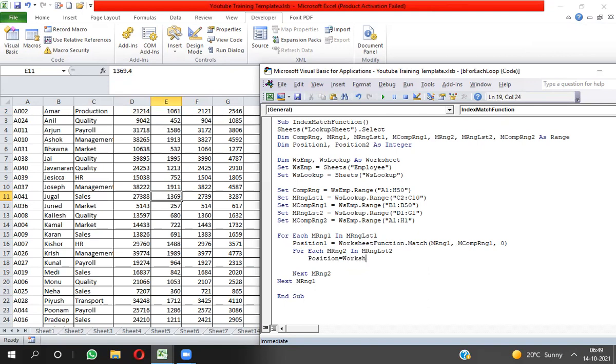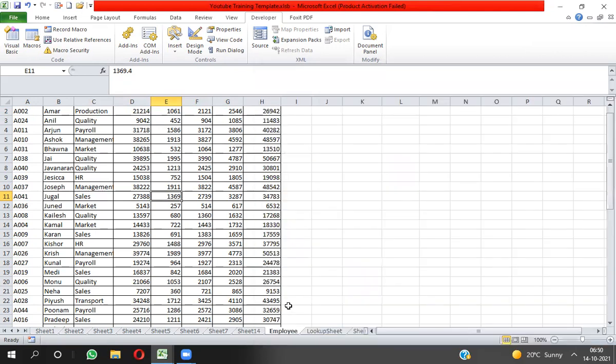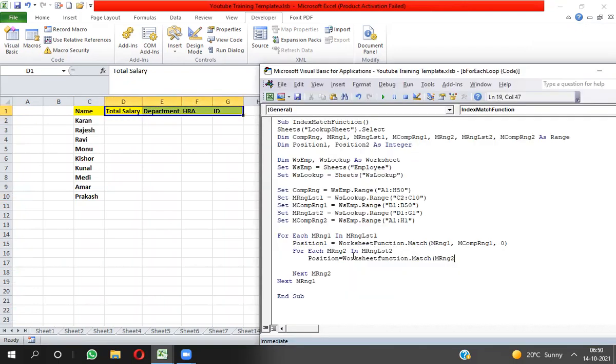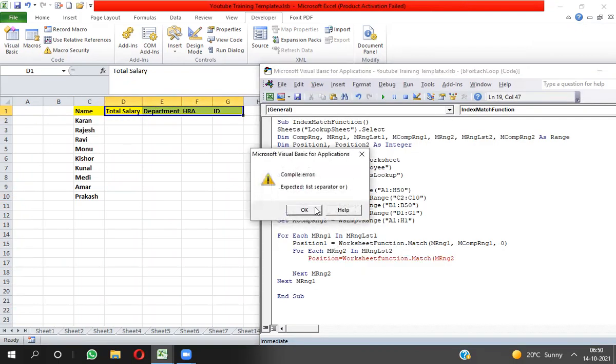worksheet function dot match, and the lookup value will be this variable mrng2, because this header I will get into this variable one by one.